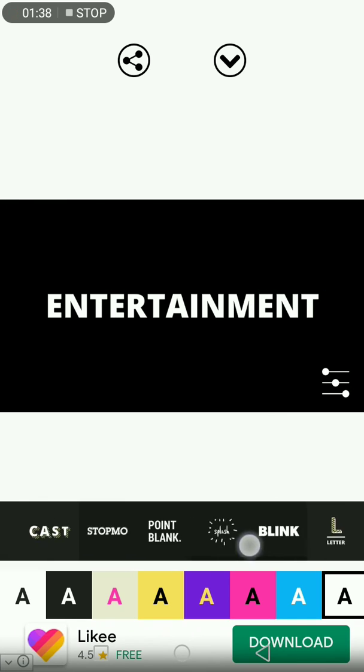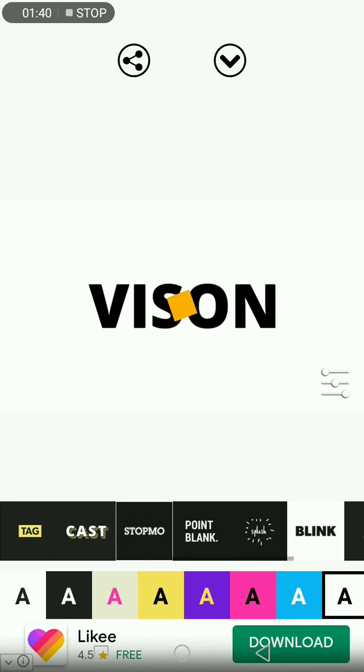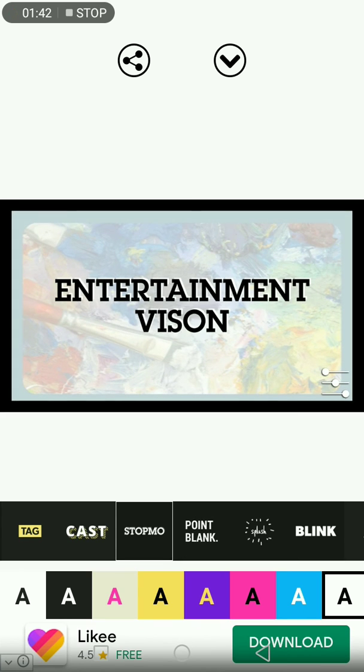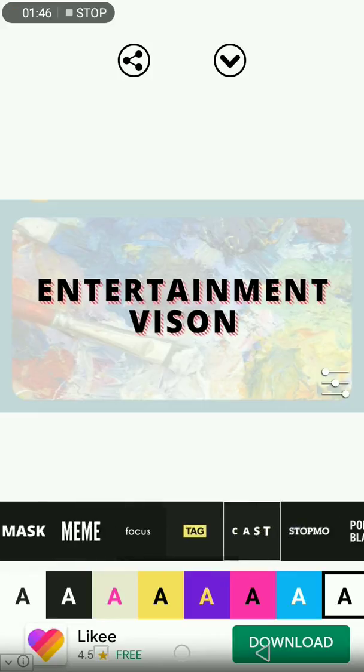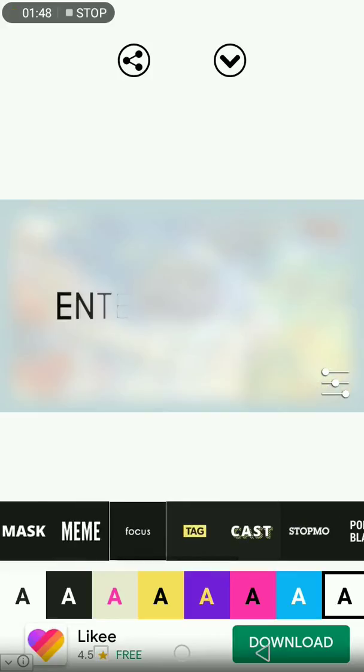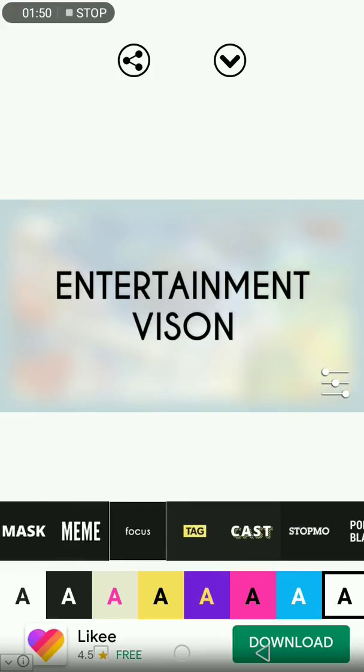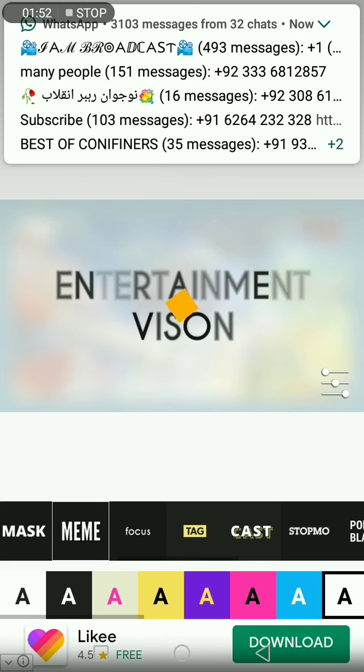You can see this. It's amazing. It's a superb software to make logo on Android mobile. You can see this. It has many